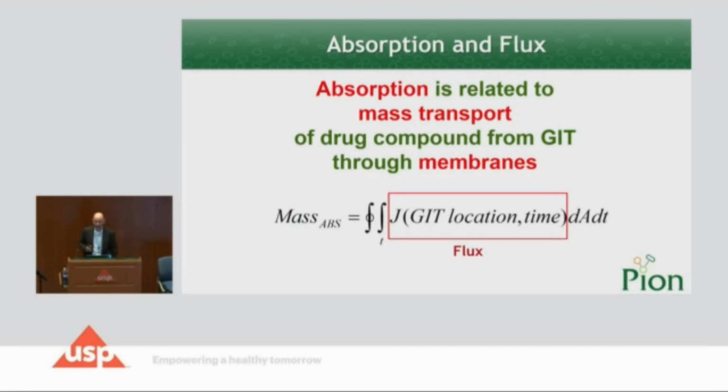Absorption is related to mass transport of drug compounds from the gastrointestinal tract, if we talk about oral absorption, through the membranes into the blood circulation. If we put this in mathematical terms, we need to integrate over the area available for absorption and over the time available for absorption the flux of compound